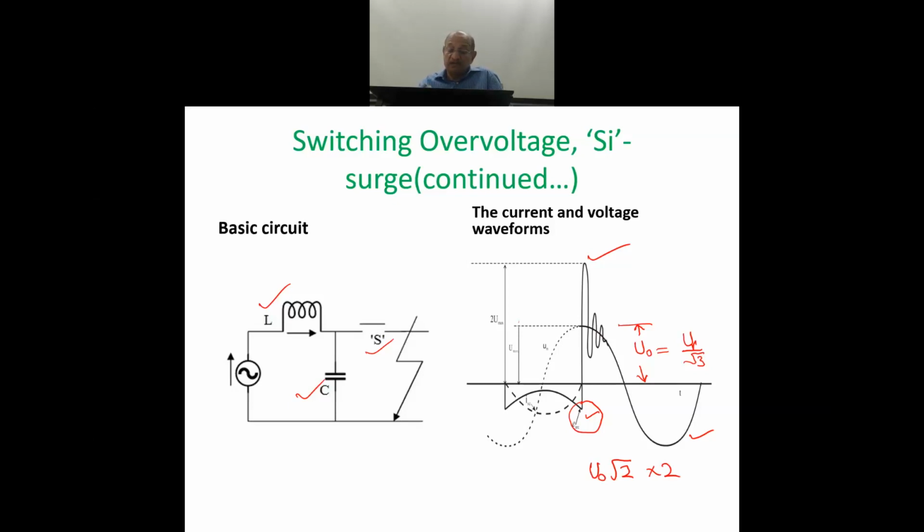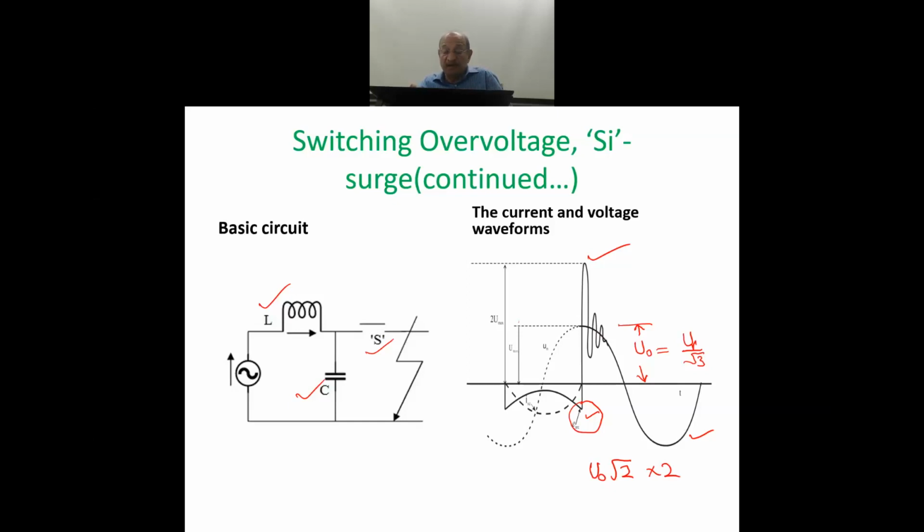So U naught, which is the rated RMS value of voltage with respect to ground, the peak value of it multiplied by root 2, and twice the magnitude. So that is the magnitude of the over voltage, which is minimum actually,